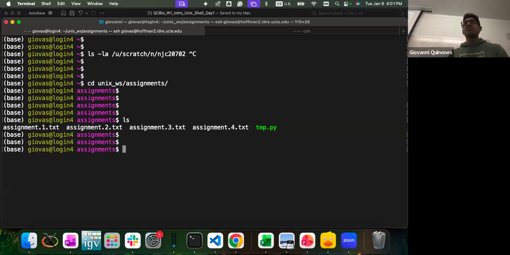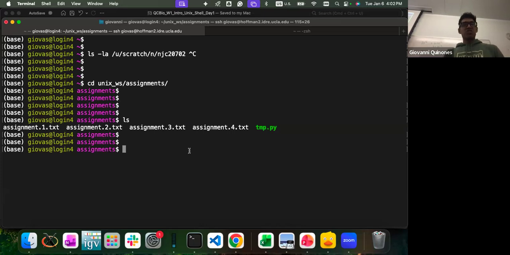Another thing that is useful, and something I learned also from my collaborator, is that the Scratch folder that you use to share files is a temporary storage. So you have a certain amount of storage that you can only keep for a certain amount of time, I believe a few weeks or maybe a month, something like that. And if it's inactive, it will just delete them because you're not using those files. A collaborator has a script that every now and then would just touch all his Scratch files so that they appear active, so they won't get erased. So that's another good use of that function.